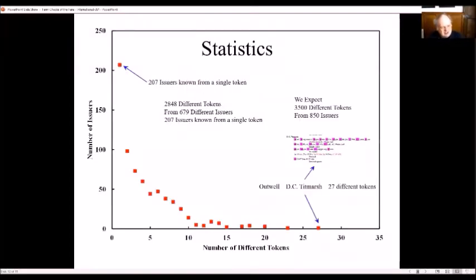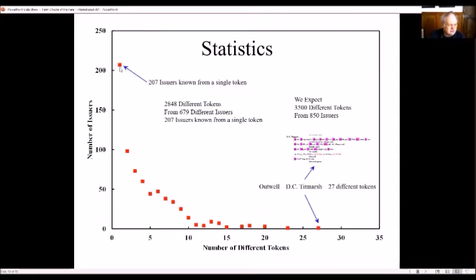they maybe have an address in Wisbech, but they have farms in the local area. So looking at a few statistics of the tokens, on the vertical axis we have the number of issuers, and on the horizontal axis we have the number of different tokens known for each of those issuers. So typically we have 5 or 6 tokens per issuer. That's a reasonable middling number, different denominations. And what we have so far is 2,848 different tokens from 679 different issuers, and I think there's 96 different addresses or different place names on these tokens.